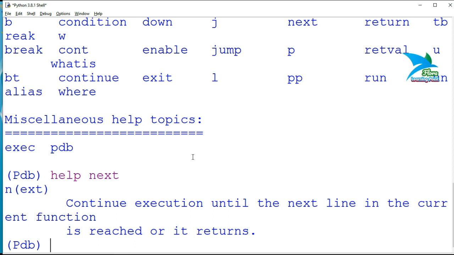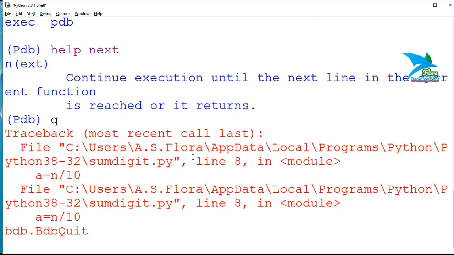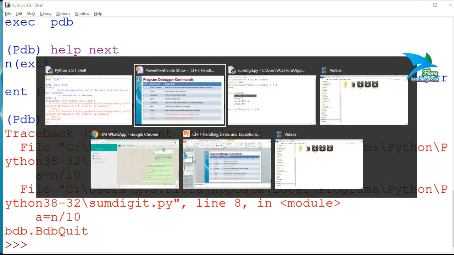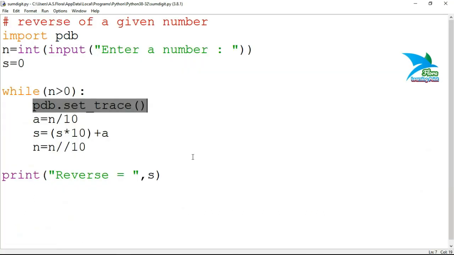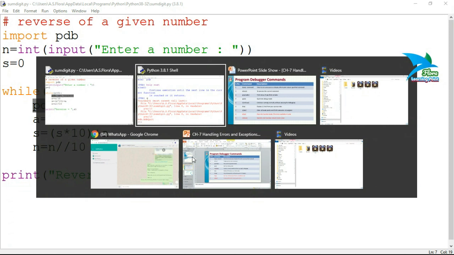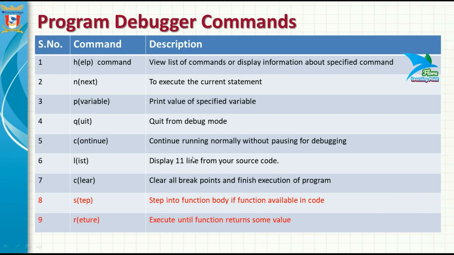The present program is in its running state, but paused on the specified line where you have defined the breakpoint. So I want to quit from this one, so I will specify q and press enter. Now you can see that the program has exited from that breakpoint. So this one is the program code. So it was all about the help and quit commands available in Python.